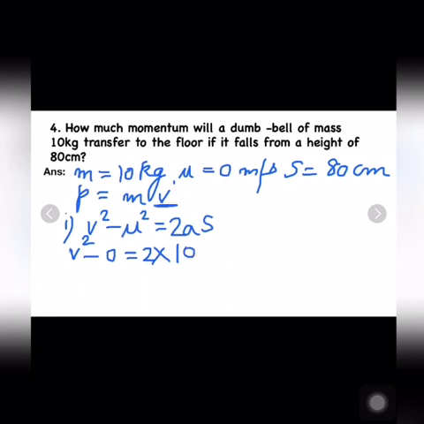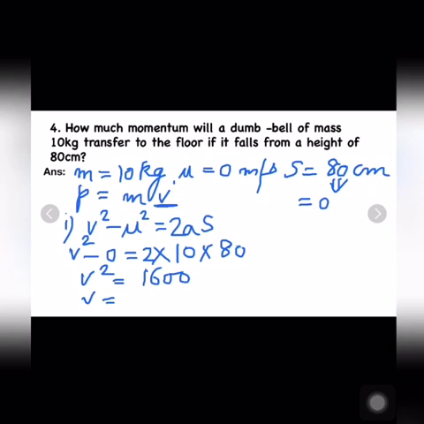When something falls from a height, the acceleration is fixed, that is 10, or to be more precise, it is 9.8 meter per second square, but for numericals we use it as 10, and s is given to you, 80. So v square will come out to be 1600, and v will be equal to...